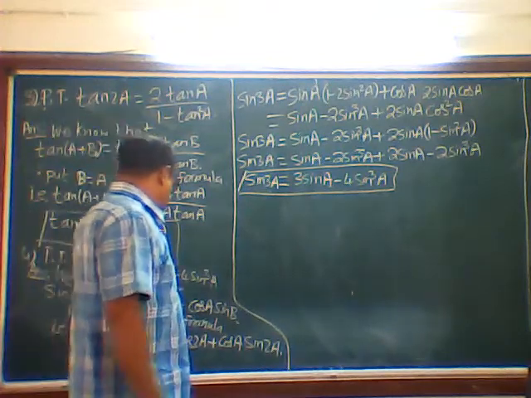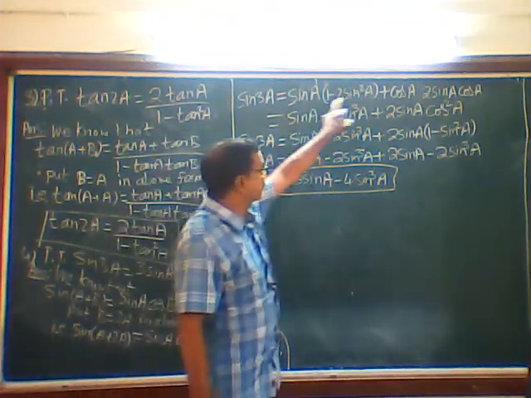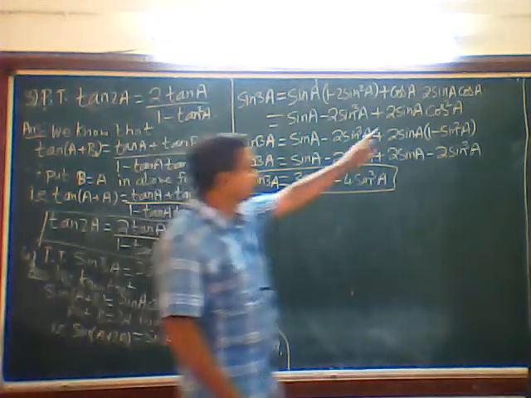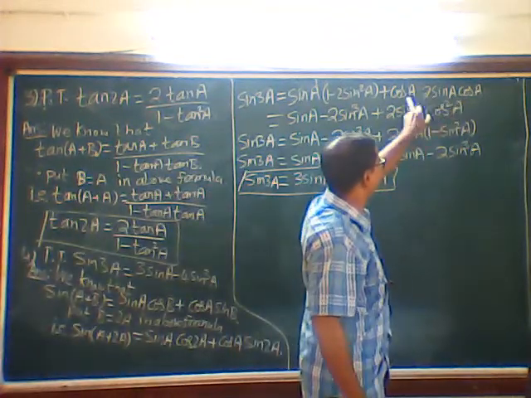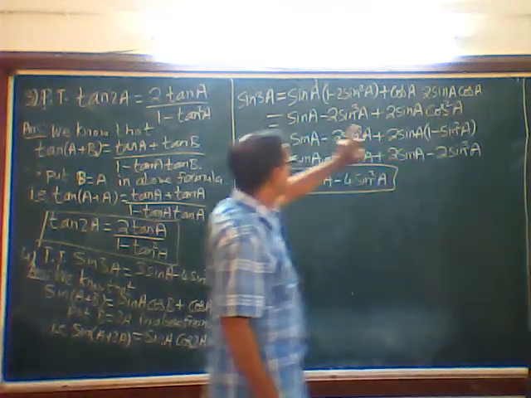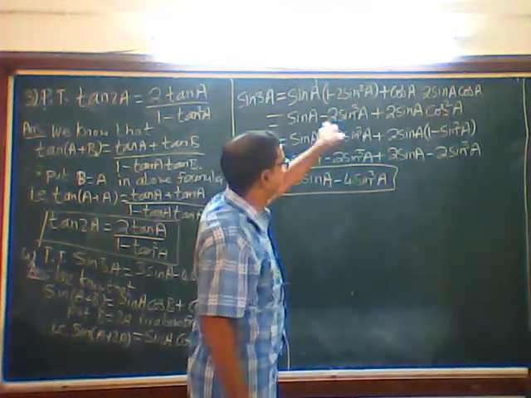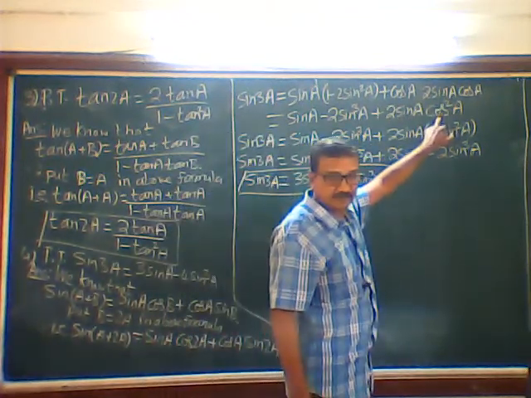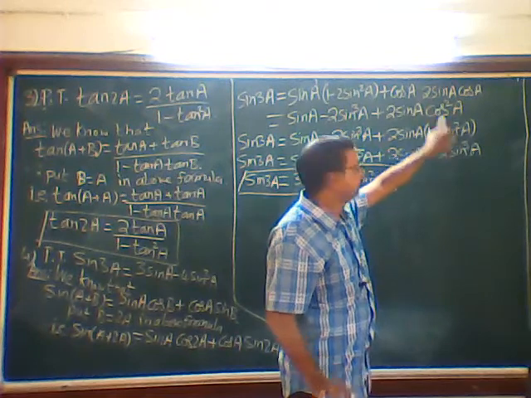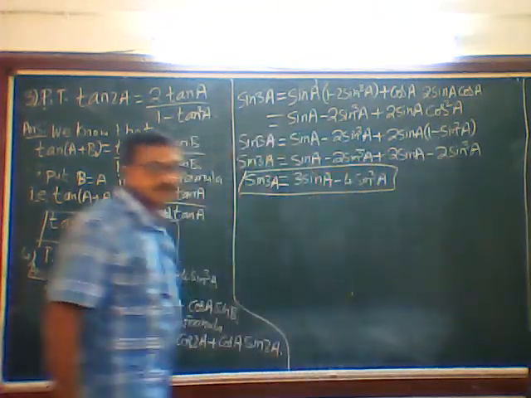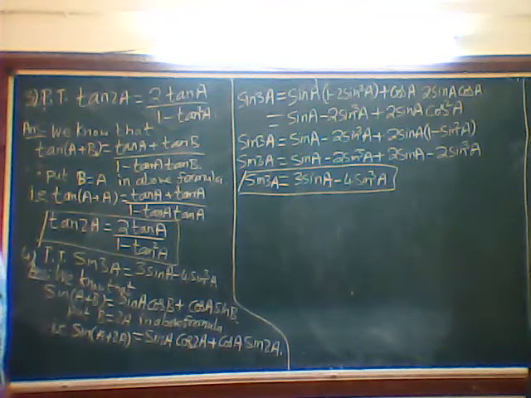What I did, in place of cos 2a, I have written 1 minus 2 sin square a. Then in place of sin 2a, I have written 2 sin a cos a. Then if I multiply 2 sin a cos a into cos a, it is cos square a. And this side, this and this I have multiplied. Then again I have rewritten. Again this cos square is remaining. I want an answer in sin. So cos square I have written 1 minus sin square a. Okay, that is multiplied. That is how we get the answer.